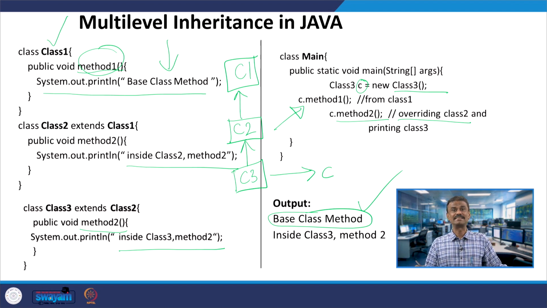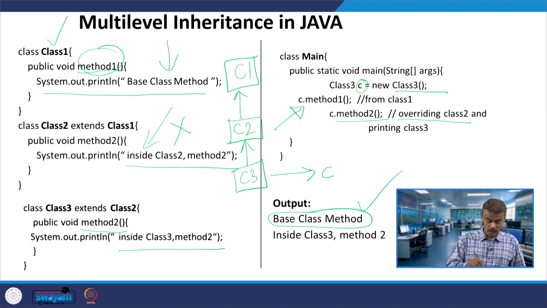Your object C is under class 3, and C is invoking method 2. First it will go to overriding. It is overriding class 2 and printing class 3, so it will not go over here. That means this method 2 will not be called.